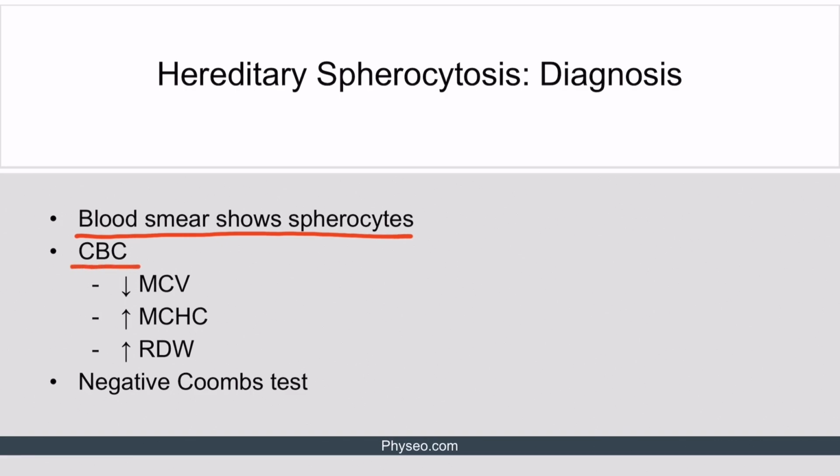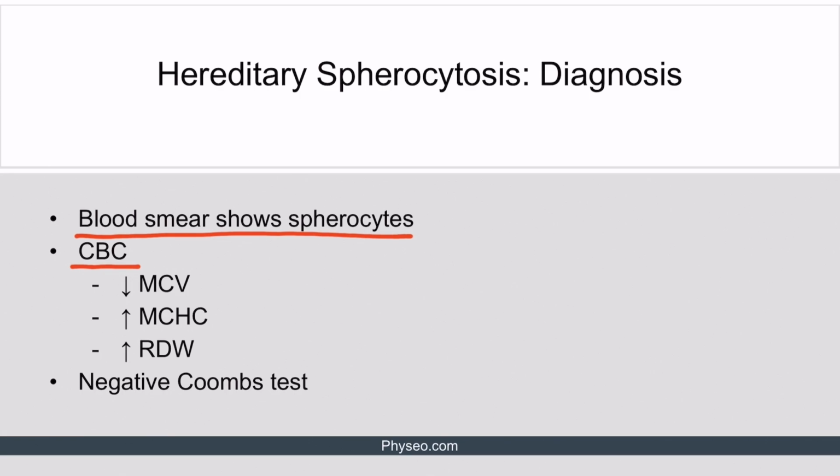On further analysis, there is decreased mean corpuscular volume, MCV, elevated mean corpuscular hemoglobin concentration, MCHC, and elevated red blood cell distribution width, RDW. MCHC is increased because there is a decrease in water content in the red blood cells, but the hemoglobin content remains the same. This increase in MCHC is fairly specific to hereditary spherocytosis. The RDW, or red blood cell distribution width, is increased because there is a higher variation of red blood cell